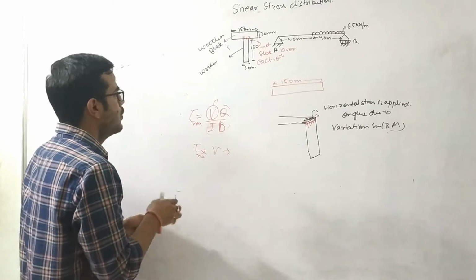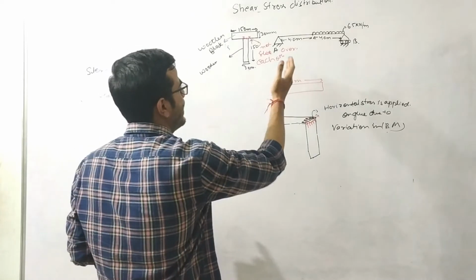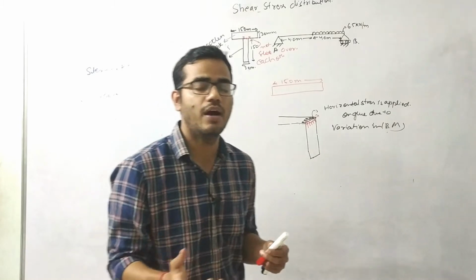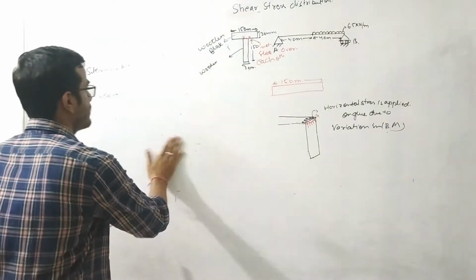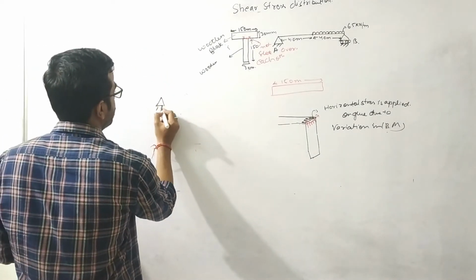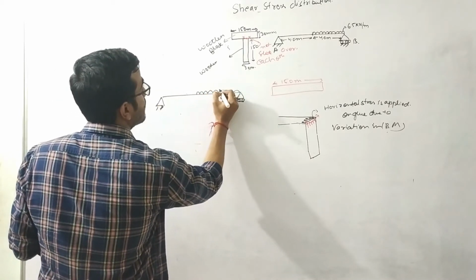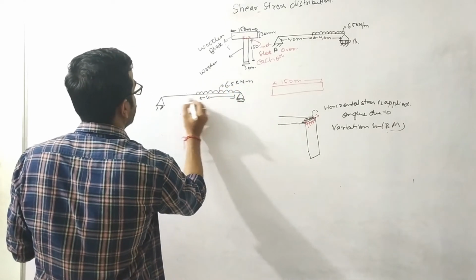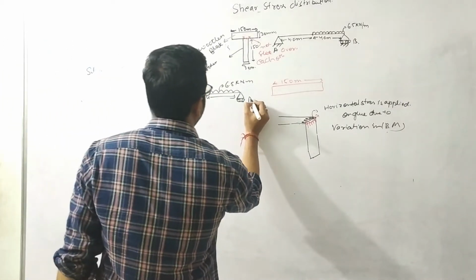So now I will solve this beam. It is a very simple, determinate structure, and I'll draw the shear force diagram of this beam. Why am I drawing the shear force diagram? Because I need to locate where the shear force is maximum. So let us come to the beam over here. This is my simply supported beam, and this is a UDL of 6.5 kilonewton per meter, over a distance of 4 meter.